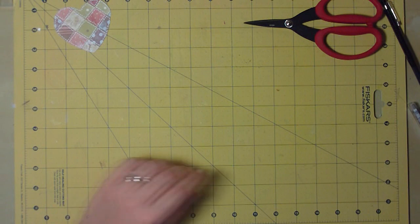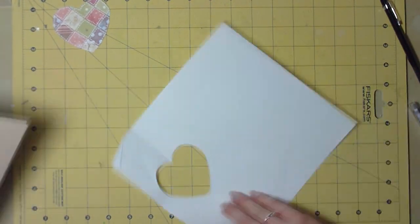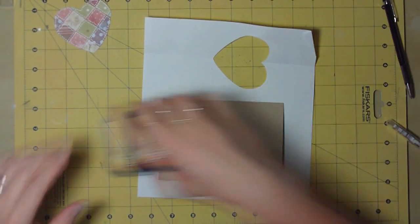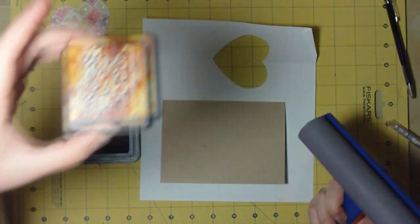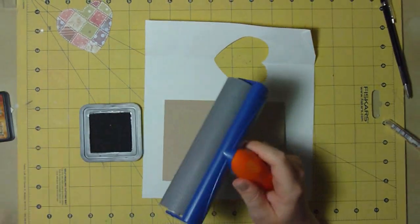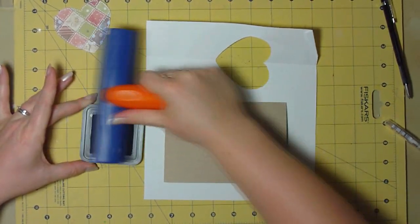So onto the rest of the card, I've just used a standard size card, and I've done it in craft cardstock, and it's landscape, and it opens on the top fold. And here I'm just using some distress ink in the brown colour, and I'm using a Fiskars roller stamp, which